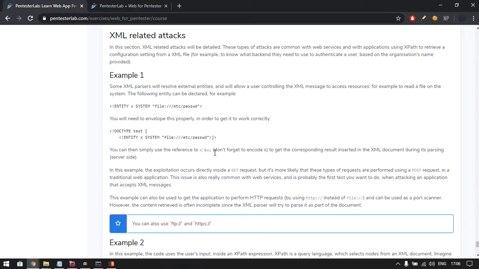Web for Pentester course, XML related attacks. In this section, XML related attacks will be detailed. These types of attacks are common with web services and with applications using XPath to retrieve configuration settings from an XML file. Example number 1: some XML parsers will resolve external entities